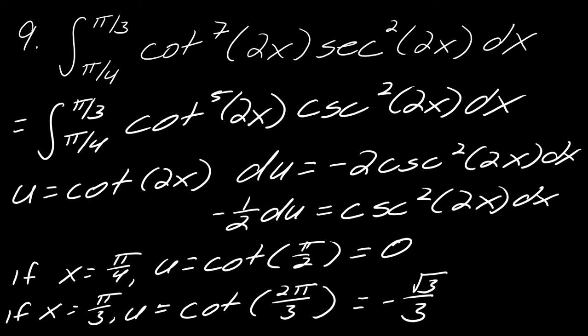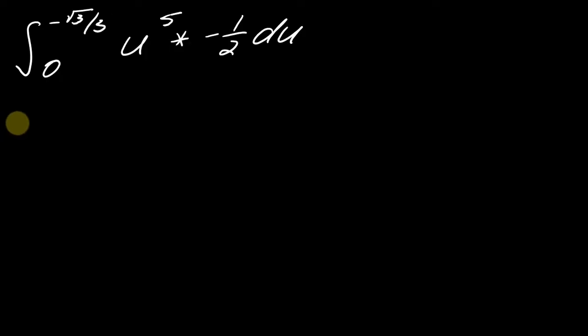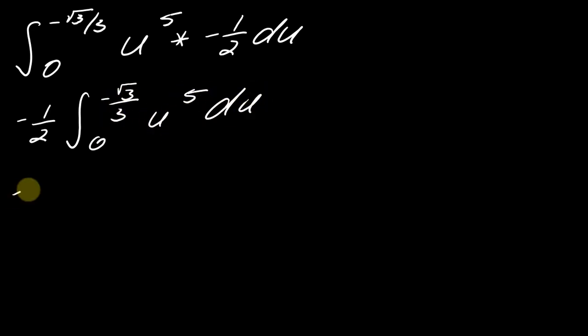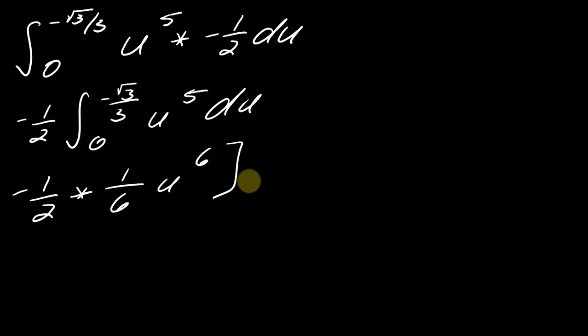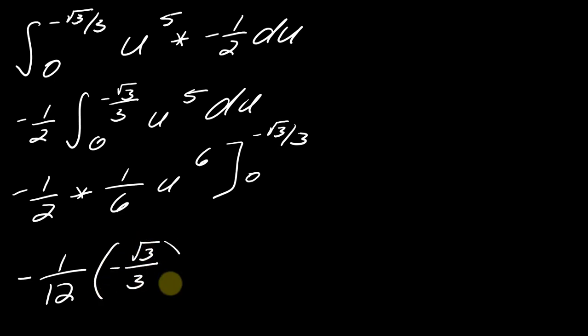Okay, so now, let's see, I'll bring that negative 1/2 out in front, and I will go ahead and integrate. So this becomes negative 1/2 times 1/6 u to the 6, and I need to evaluate this from 0 to the negative square root of 3 over 3. I did not change the order of my limits of integration. I'm fine with it. I can just plug them in as is. So this will become negative 1/12, and then negative square root of 3 over 3 to the 6